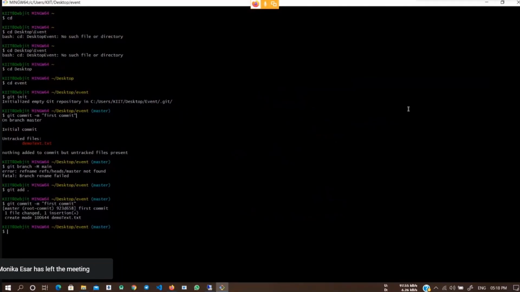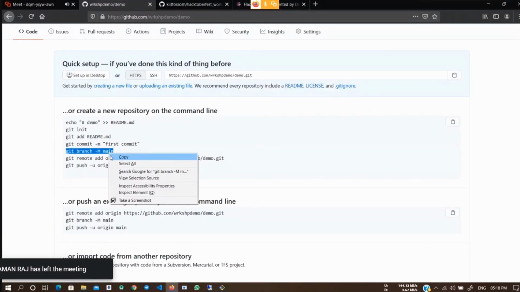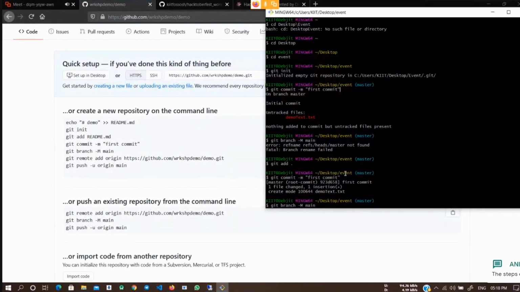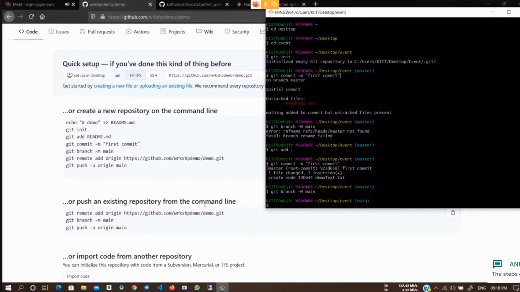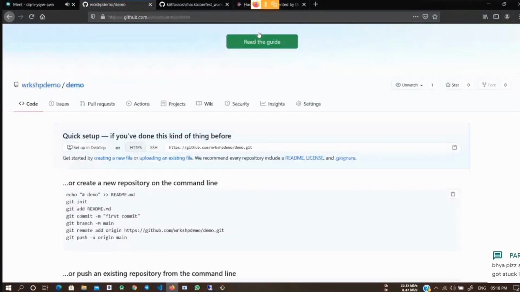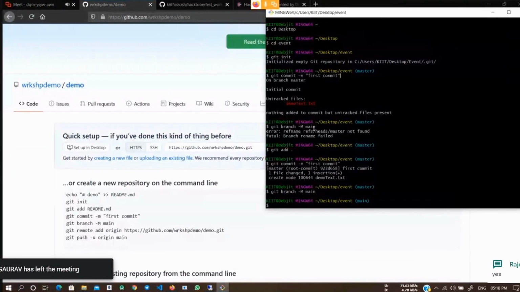You can check it. After you're done, run this command. And then this command. This command git remote add origin adds this repository to the local repository.